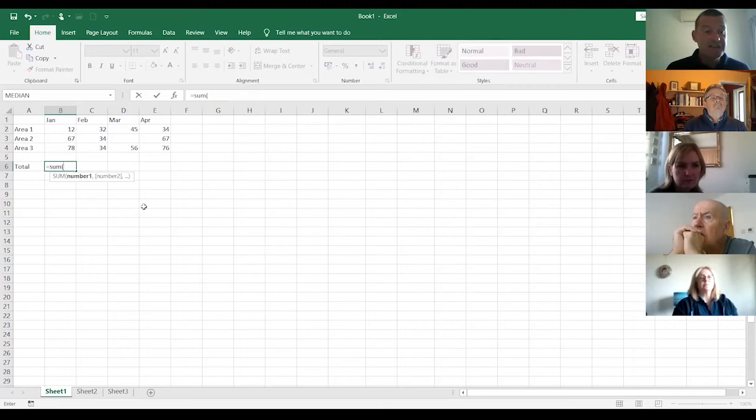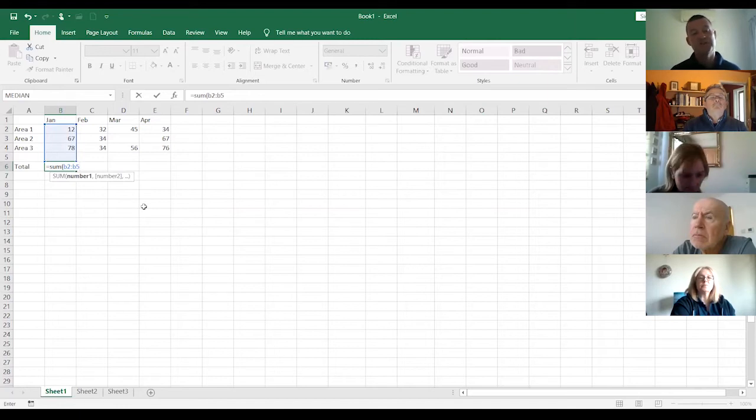But if you want to sum up a range of cells, say equals sum, open brackets, the first cell in the range, which in this case is B2, and the last cell in the range, which in this case, I'm going to say B5. I had to put a colon in first as well, that's quite an important thing. I'm going to say B5, and although B5 is a space,